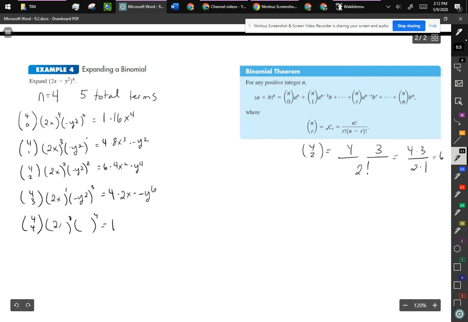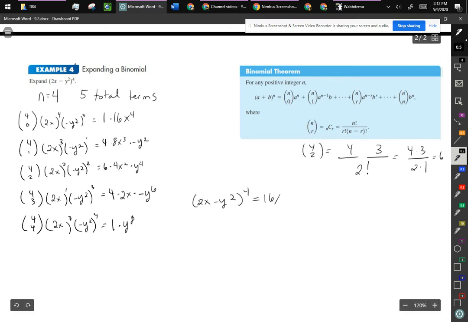And then again, we'll finish this off. That's going to have a 1 in the beginning, so that's not a big deal. But then negative y squared to the fourth is going to just be a positive y to the eighth. And at this point, I think we could start writing it horizontally. So you're going to have, let's write the full thing, 2x minus y squared to the fourth is equal to,